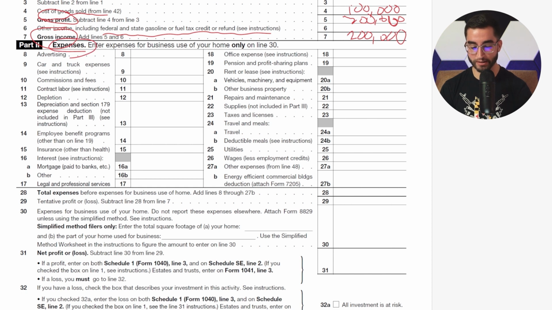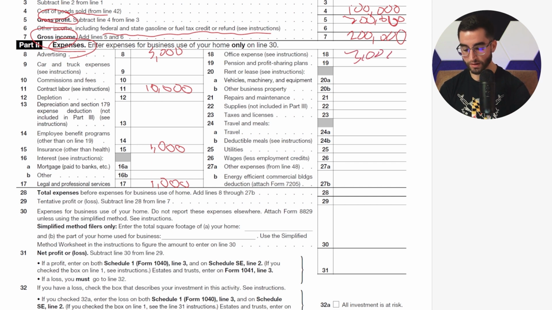Things like advertising. Let's say we got $5,000 in advertising. Let's say we got some car and truck. We'll take a look at the second page for that. We got some contract labor. Let's say we got $10,000 in contract labor. Let's say we got some insurance of $1,000. Let's say we got some legal professional fees of another $1,000. Let's say that we got some office expenses, $3,000. We got some travel of